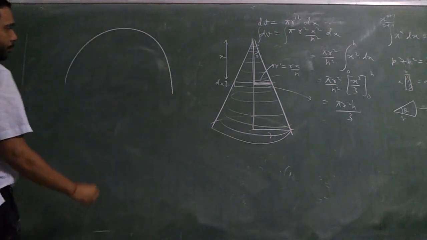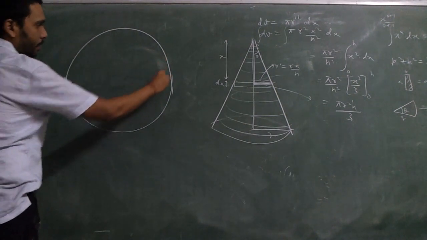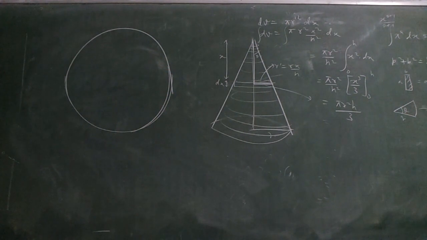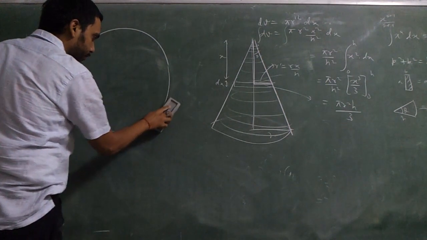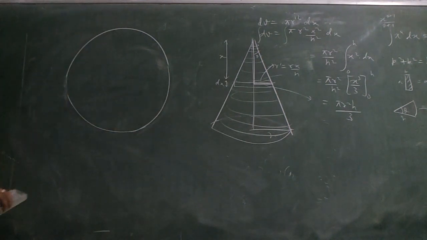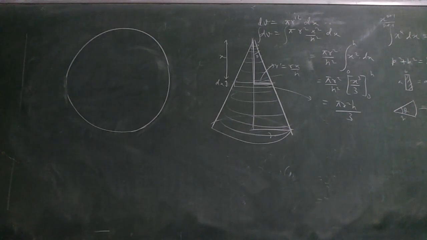How do you propose? Surface area, I want. Okay, do it whatever way you want. It's like a beehive. You have that shape of rings on the beehive. You can imagine that way also. You can do it in many ways. Do it the way you would like to do it.